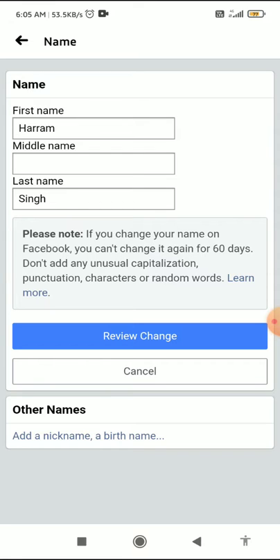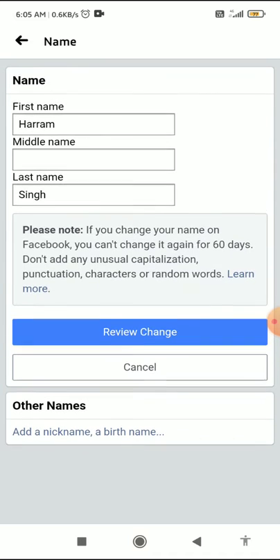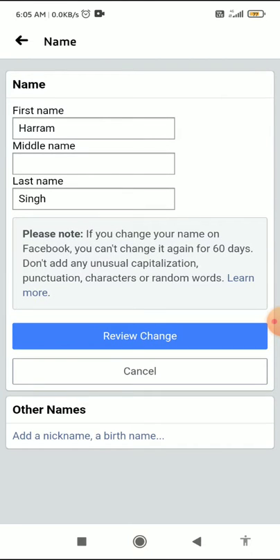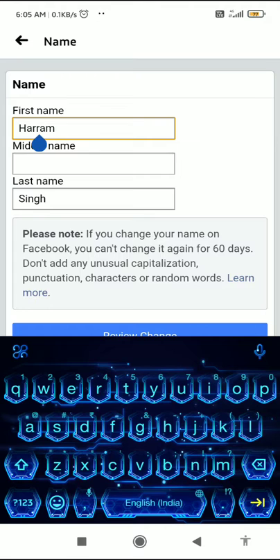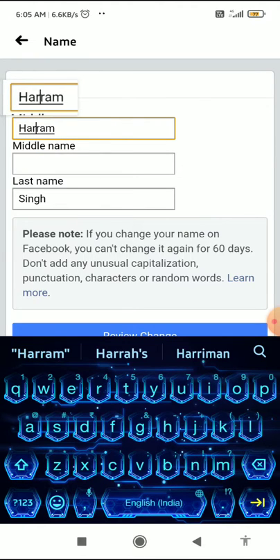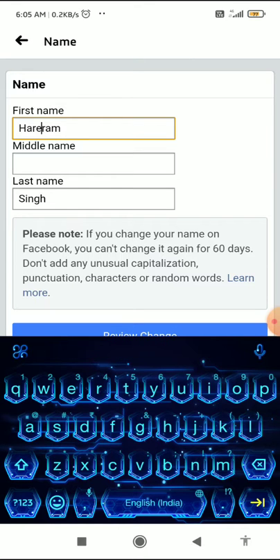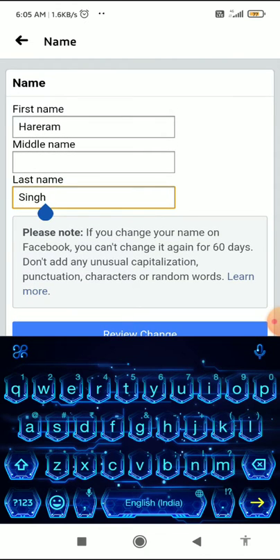and in the note you can see you can't change it again for 60 days, so don't use unusual capitalization. I want to change this one, so I leave it Hare Ram. If you have typed your profile name, what you have to do is